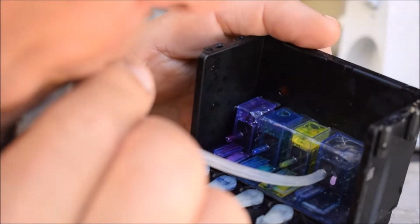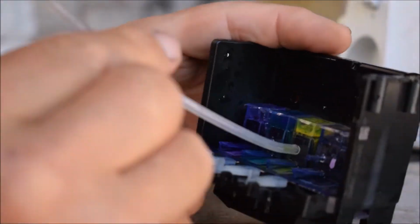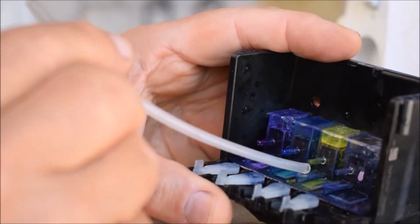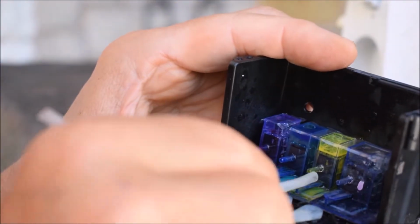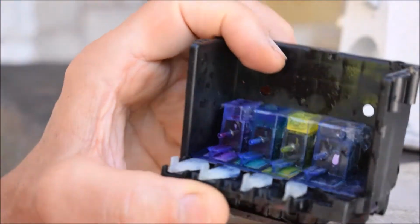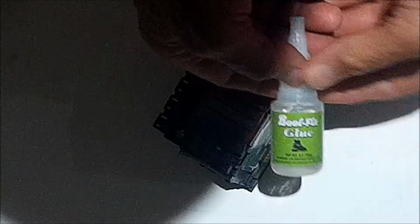So, good question. Once you've blown water through there trying to clean out these reservoirs, how do you get the water out? I'm taking a length of tubing that fits on that inlet, and I just had this shorter piece, but I would recommend something about 12 inches so you can actually siphon out the water. I'm sucking it out, making sure I don't swallow it, and then I'm blowing it through the straw and keep